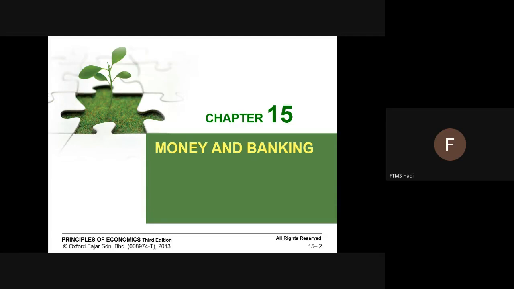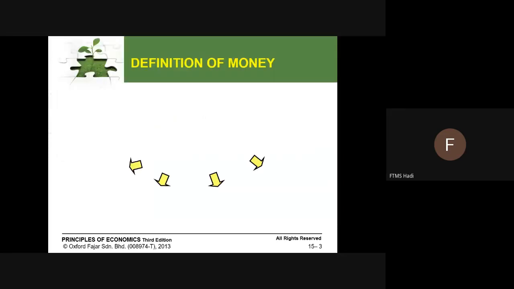Okay, so today I will be focusing on chapter 6 of macroeconomics, which is money and banking. Even though in this slide, as you can see, it's chapter 15, that one is from the original textbook, which consists of micro and macroeconomics. Since chapter 15 in the textbook is more on the macroeconomic syllabus, one of them is our chapter 6, which is money and banking. So let's have a look at money and banking, what it is all about.